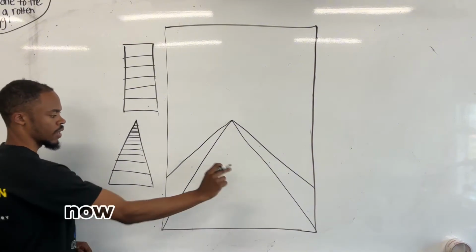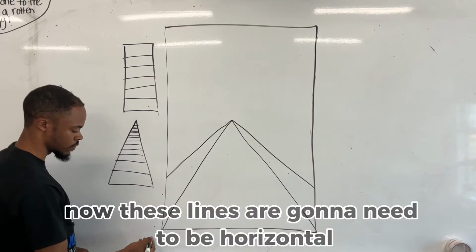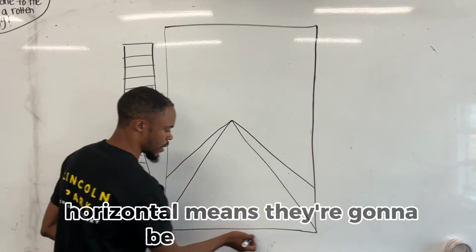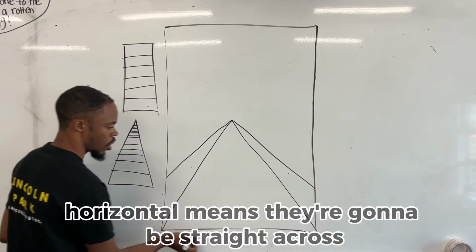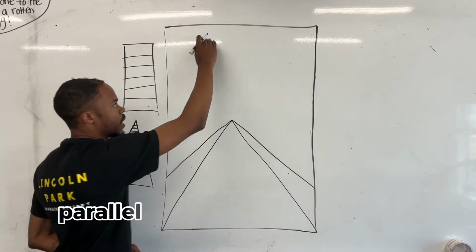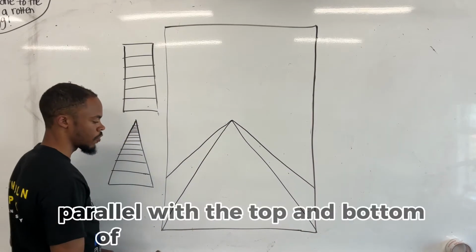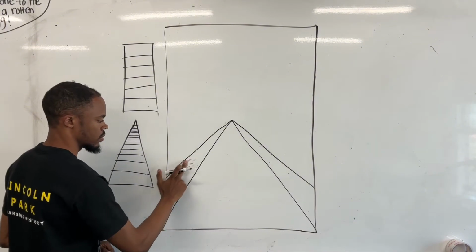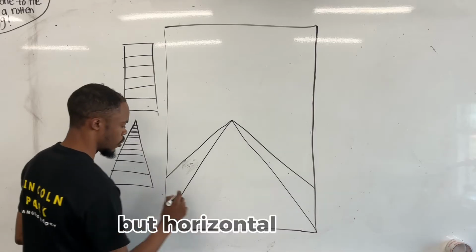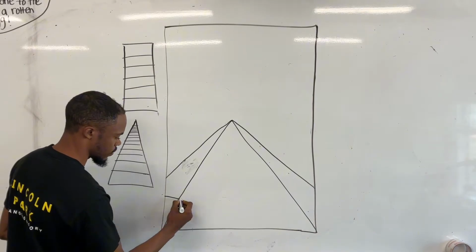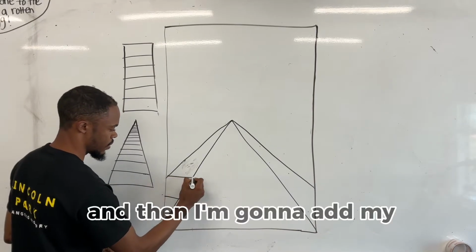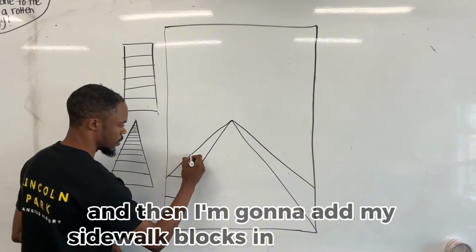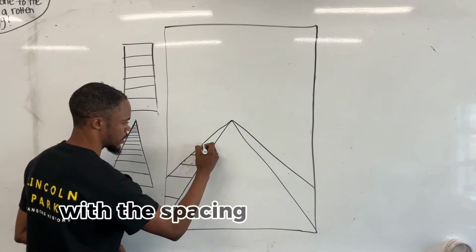Now, these lines are going to need to be horizontal. Horizontal means they're going to be straight across, parallel with the top and bottom of our page. So, not like this, but horizontal like this. And then I'm going to add my sidewalk blocks in, just like that, with the spacing